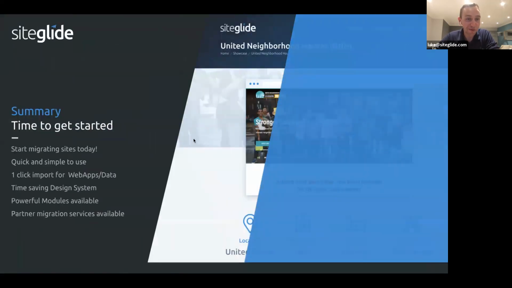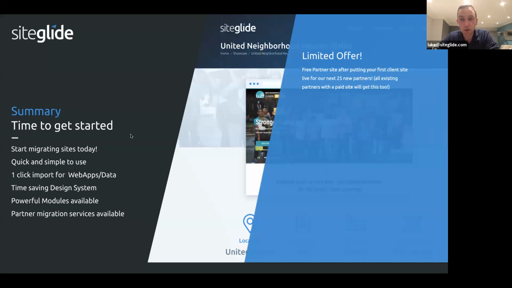So, a summary, I think you'd be pleased to know: SiteGlide is ready now to be building sites and migrating sites from BC. The core functionality for most sites is there. We've got web apps with one-click import. We've got the design system, many of the core features that you would need to build sites quickly and easily. I've been amazed with some partners putting sites together, starting and finishing in a day, a few hours even. So we've got all the modules, some modules available, and partners to help assist with that if